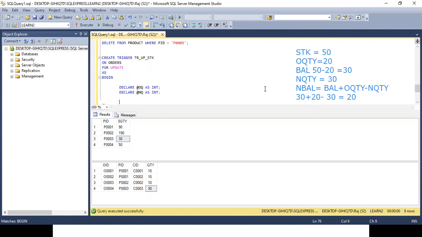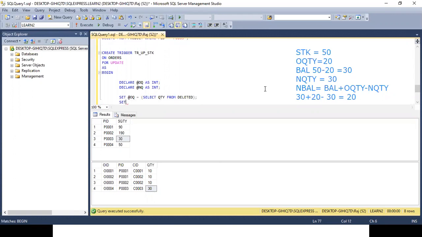So in case of update trigger, both tables will be created, inserted as well as deleted. So I will say set @old quantity is equal to select QTY from deleted